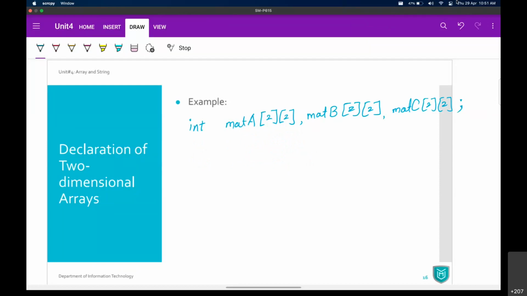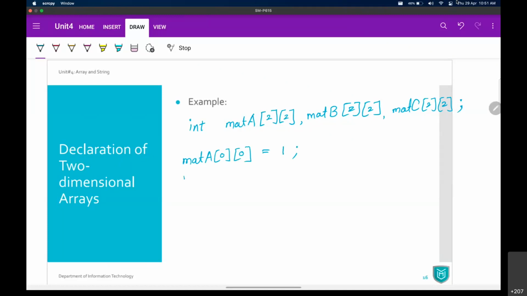Now this is just a declaration. If I want to set some values inside those elements, then we can refer to those elements by index values, right? And I can set any value there. So this 1 is going to be assigned to the 0, 0 element of matrix A, which means first row, first column set to 1.